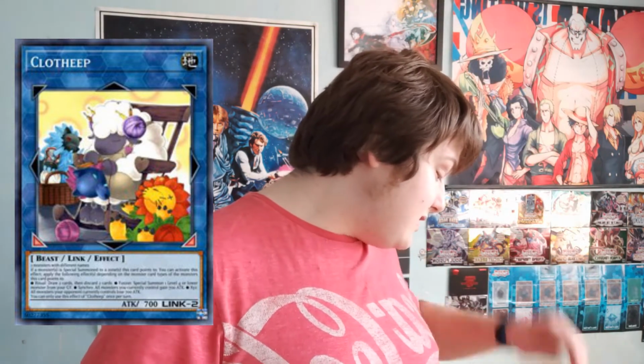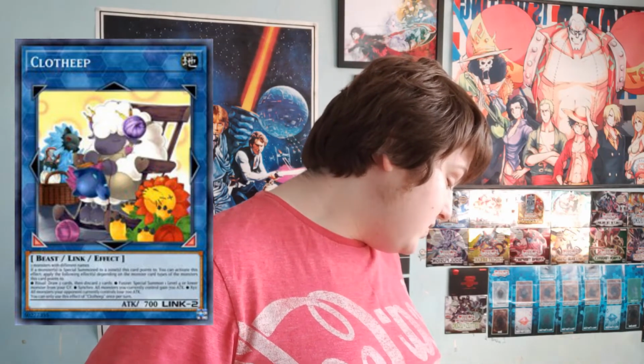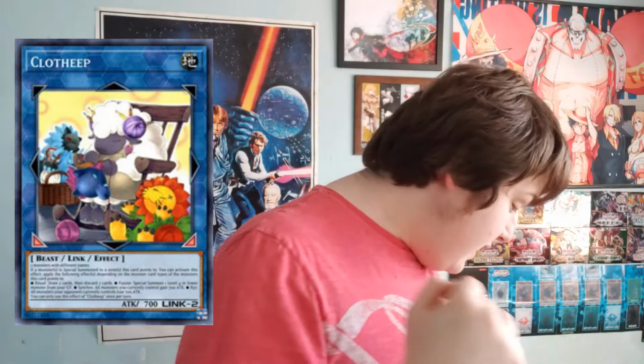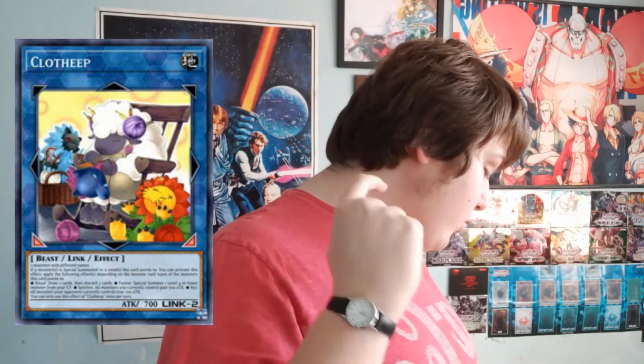So basically, when a monster is summoned to this Link zone, you can activate this effect and apply the following effects depending on the monster card types on the field this card points to. So if this points to specific types, Ritual, Fusion, Xyz, or Synchro: if it points to a Ritual monster, you can draw 2 cards, discard 2 cards. If it points to a Fusion monster, you can special summon one...